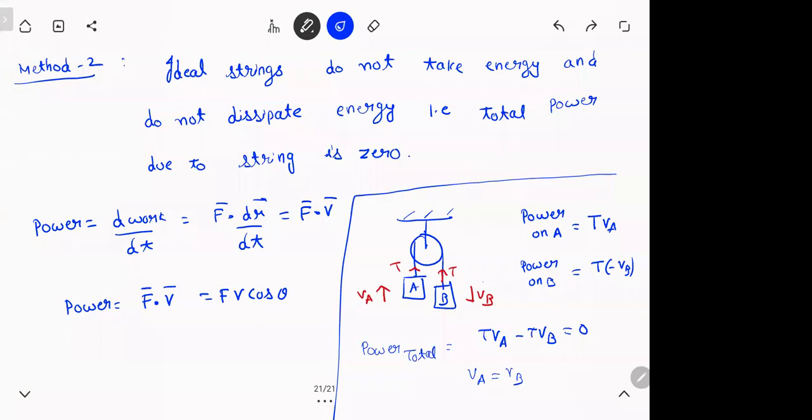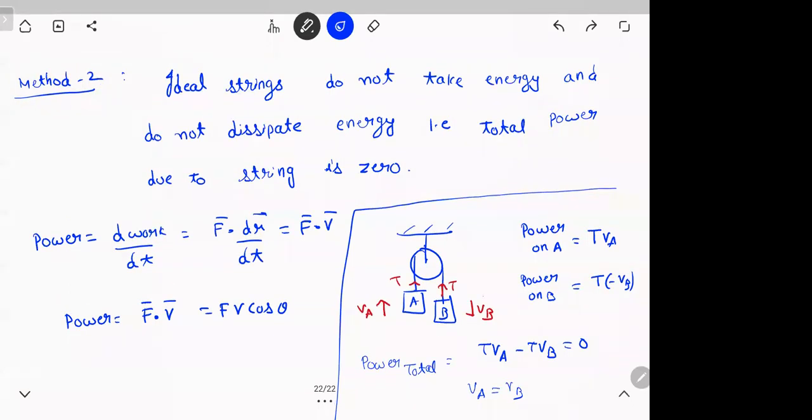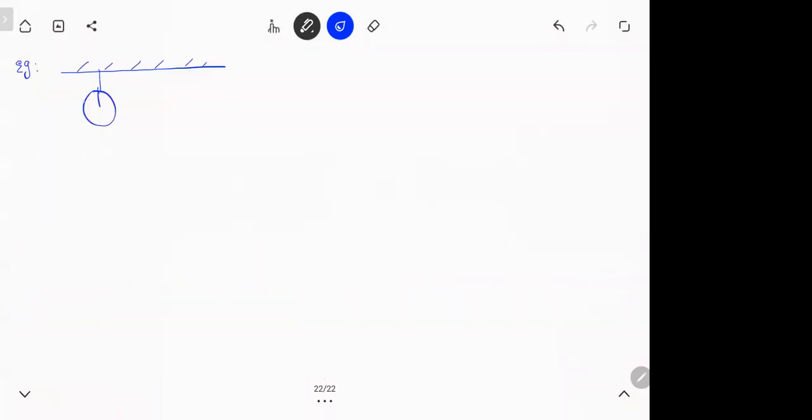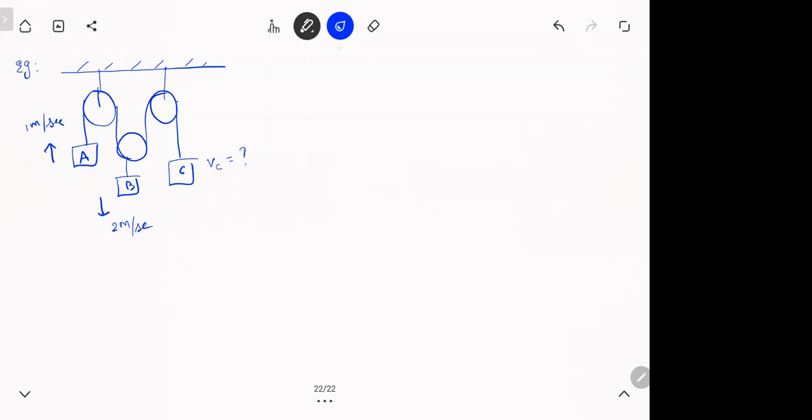Show you the next one. Let me take an example. Let's see that example which we did just now. So A, B, C. Let's say A is going up with 1 meter per second. B is going down with 2 meter per second, and you want to find VC. So how do we do this? First, free body diagram. Tension, tension,